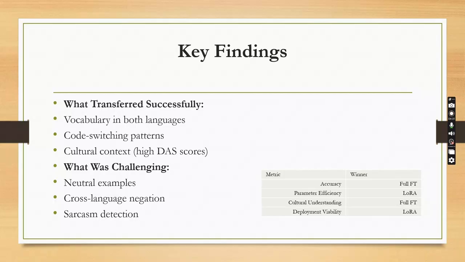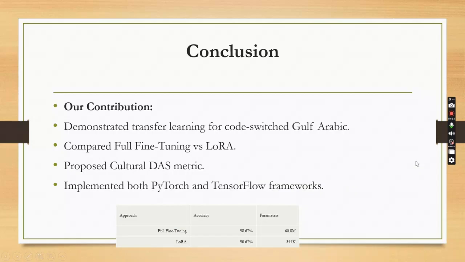So if you're choosing an option for maximum accuracy, full fine tuning wins. For parameter efficiency, LoRA wins by a massive margin because it relies on less data. And for deployment on limited resources, LoRA wins. For cultural understanding, full fine tuning wins. There's no single winner, it really depends on what you need. Which comes up to our conclusion over here. Summary of what we have here. We successfully